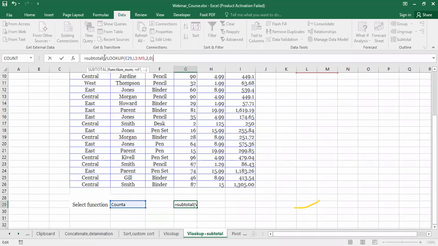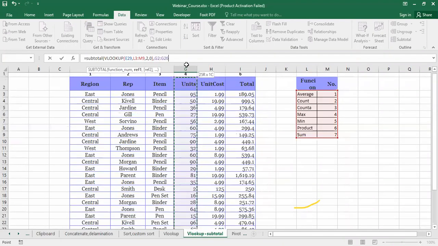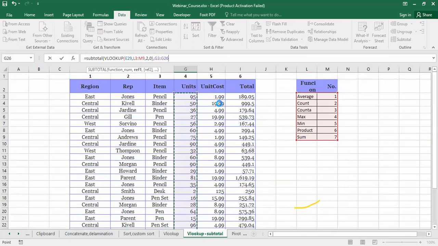The function number, right? So I will get this function number from the VLOOKUP table, the table which I have created there. From there I will fetch the number, and the reference I want is this particular column, right? Okay, and then I will press enter here.